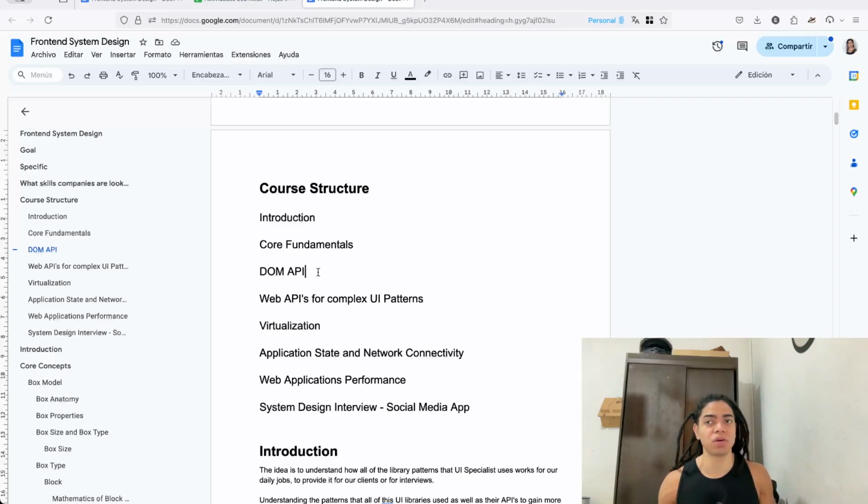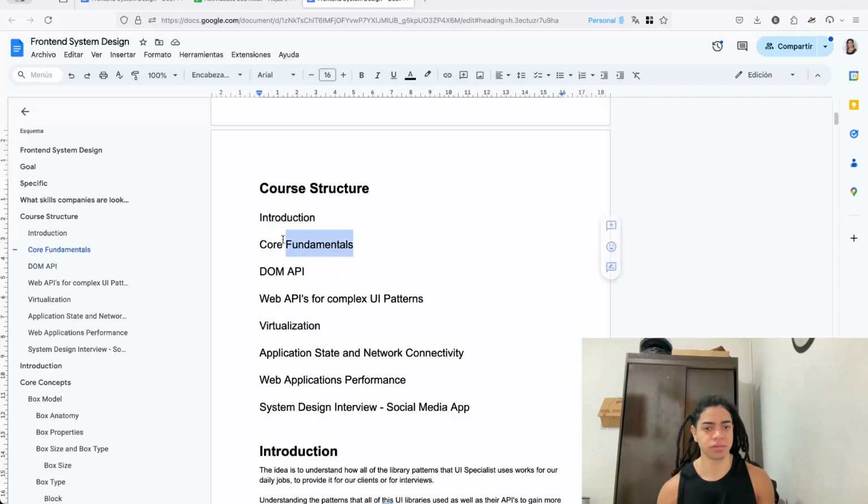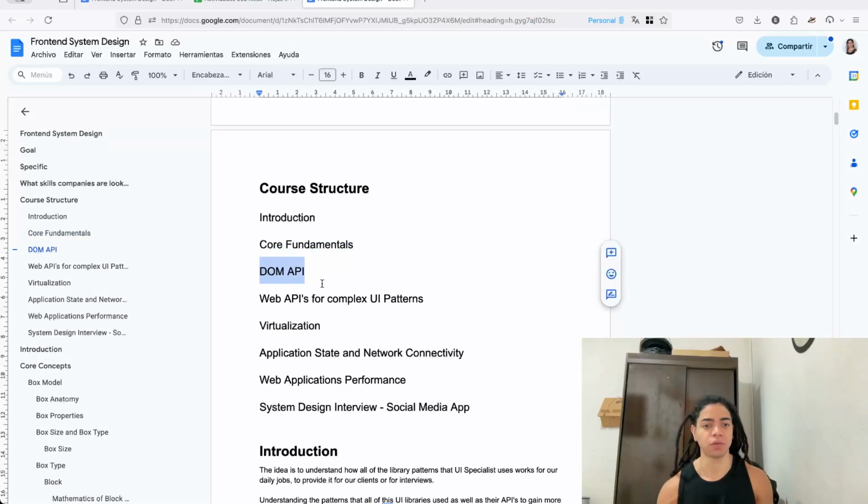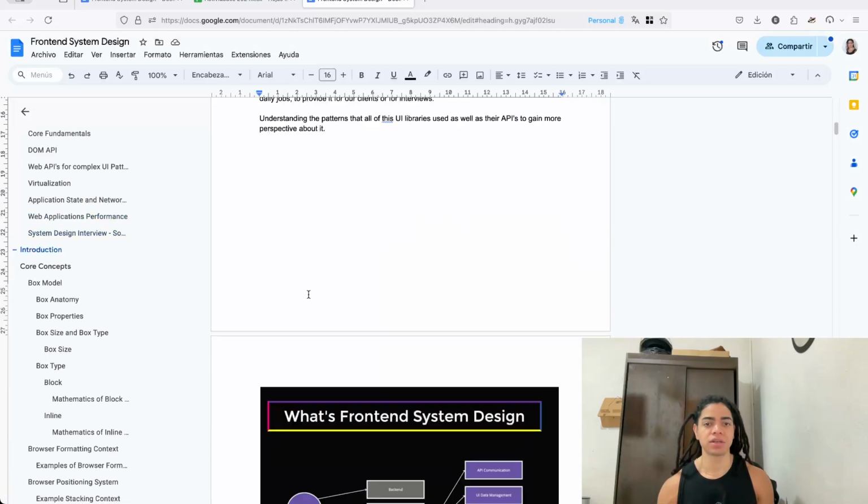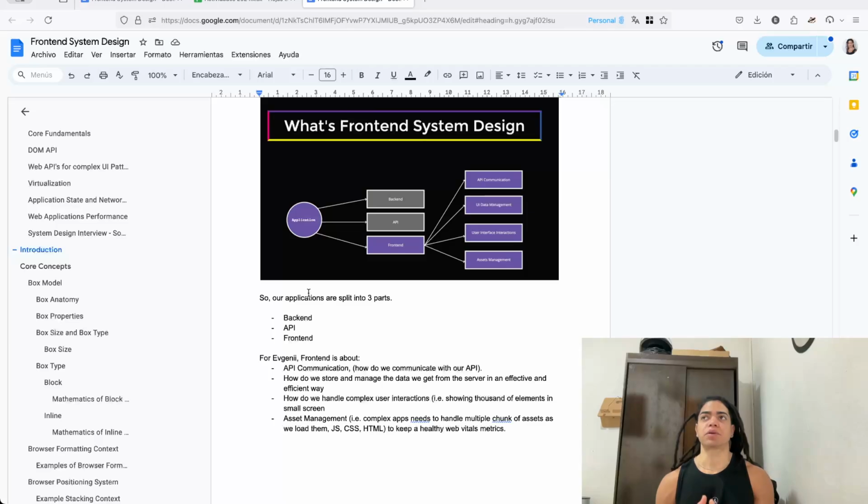And you may be wondering how all of this narrative, how all of this story, makes sense when it comes to building a web application. So we're going to make a quick recap of the core fundamentals and then jump straight into the DOM APIs. Because this course is primarily for UI specialists,